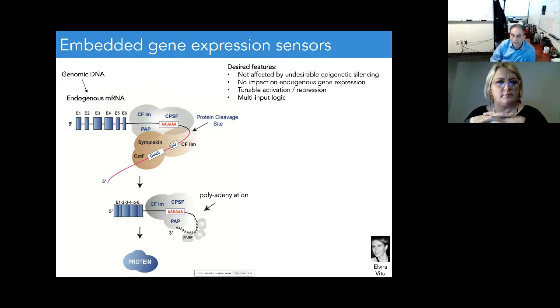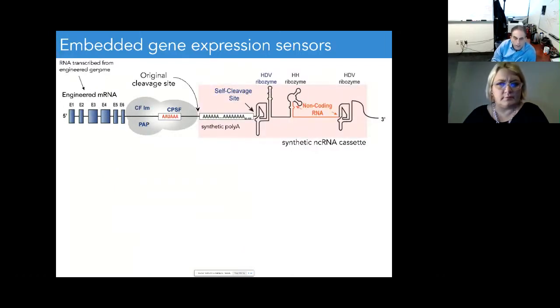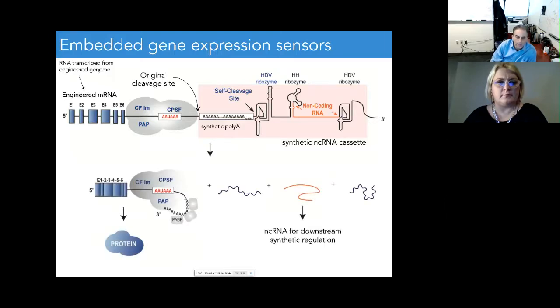What we were able to do, this is work by Elvira, current postdoc in the lab, is take a gene, a gene that's present naturally in the cell, and downstream of that gene, we also are able to genetically engineer expression of this non-coding RNA, and we do it in such a way that it doesn't affect the expression of the natural gene, like SOX17. SOX17, for example, will get expressed and made into a protein, but at the same time, we will have this non-coding RNA, which we can then use to activate additional genes, for example.